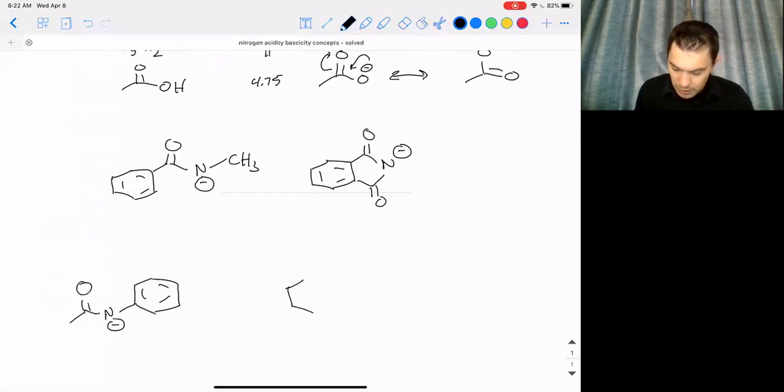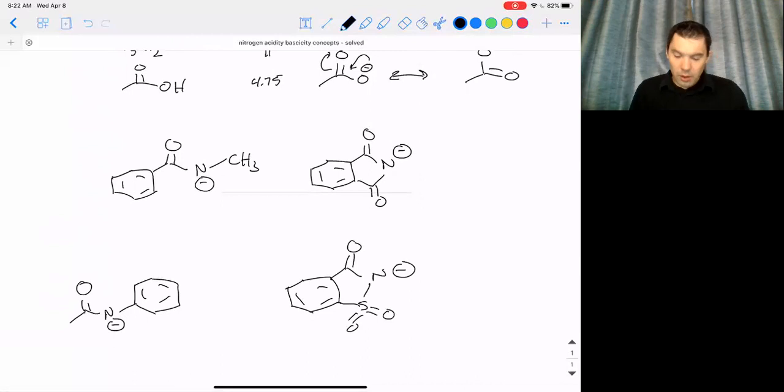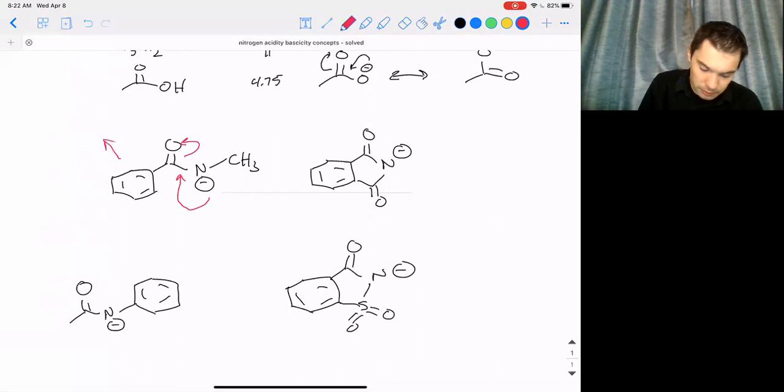And the last one was an unusual sulfur-containing compound, but it turns out it's actually quite a common molecule. Saccharin is an artificial sweetener. Okay, and so these are the corresponding anions for all of the NH-containing starting materials that were drawn up above. Let's just consider now if there are any places we could delocalize this negative charge via resonance. In that starting material, we definitely can delocalize up into the oxygen. And so that would lead us to